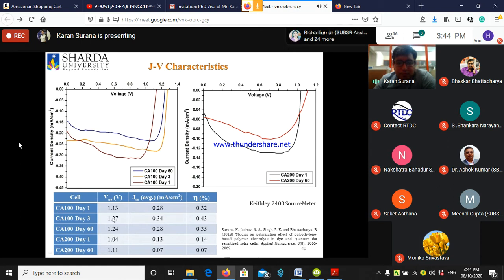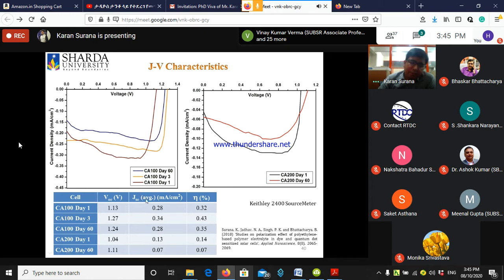Because of the use of solid polymer electrolyte, it takes a substantial time in the working electrode formation. It takes time to penetrate within the electrode, and hence the cell parameters change in the initial 48 to 78 hours. And so there is a change in the JV characteristics and consequently a change in efficiency and cell parameters. After day 60, we obtained an efficiency of 0.35%. The JSC is the same, but the efficiency has improved.